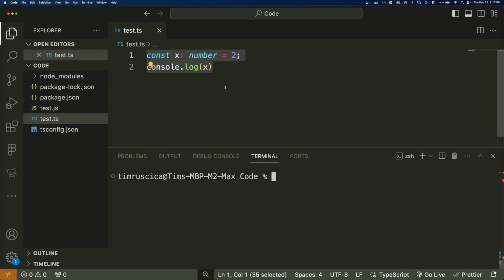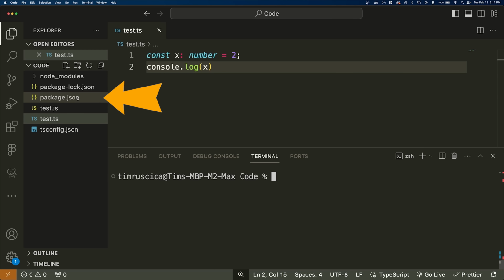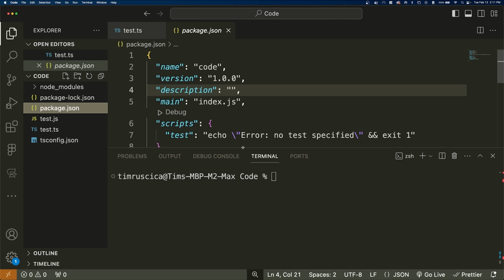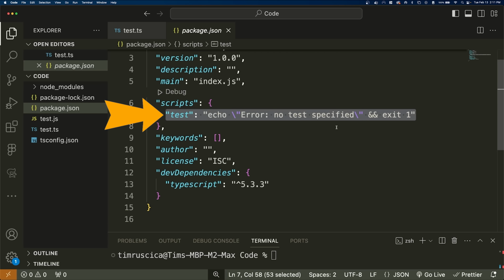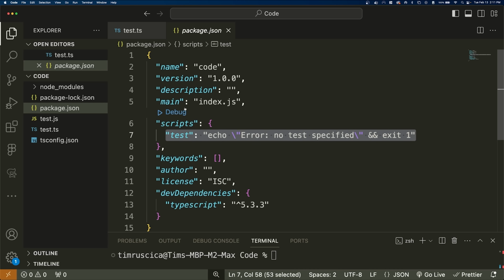However, we can speed this up a little bit by creating some scripts. So we have this package.json file. And inside of here, we can actually specify some scripts, which are really just commands that we can run to allow us to perform these operations a little bit faster, or whenever there's repetition, we just put it inside of a script. So inside of package.json, we're going to start editing this, and where it says scripts, we're going to